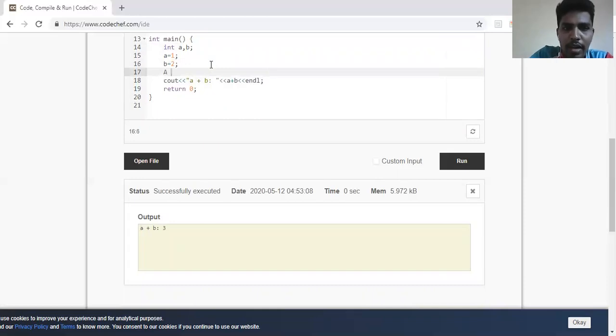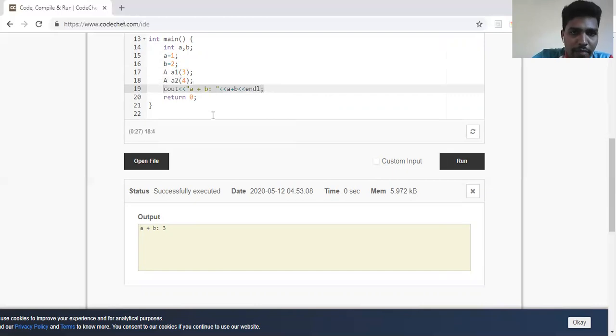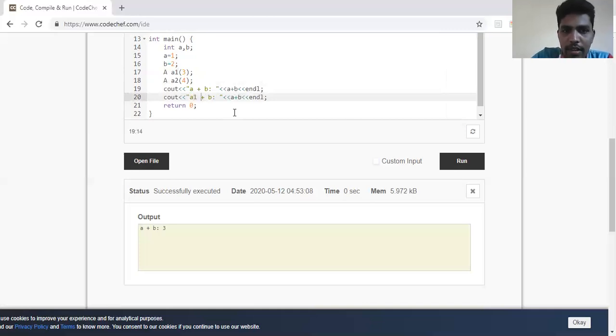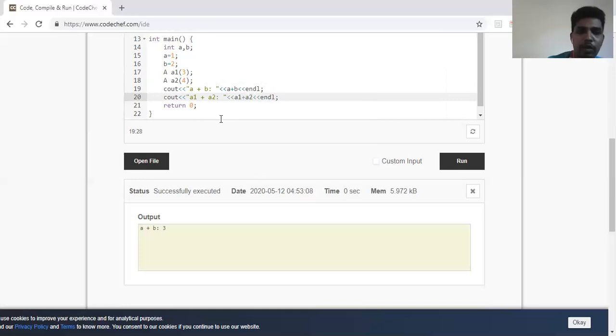But assume that I have two objects of a class. So a1 comma a2. So I'll give values to the parameters also, that is constructors. So a1 has 3, and then I'll create a2 which is having 4. So now what I have to do is, likewise I did a plus b here, I also want the answer for what happens if I add two objects a1 and a2. So can I add a1 plus a2? If I add a1 plus a2, I should get the answer as 4 plus 3, 7. I should add the data members of it.